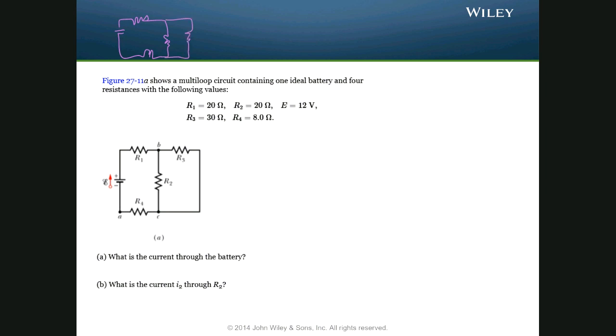And we notice that R2 and R3 are in parallel, right? They both begin and end at the same electrical point here. These both connect to R4, and on the other end, they both connect to R1. So we can look at how we would write this. If they're in parallel, we'd say